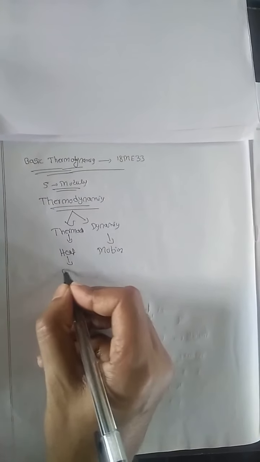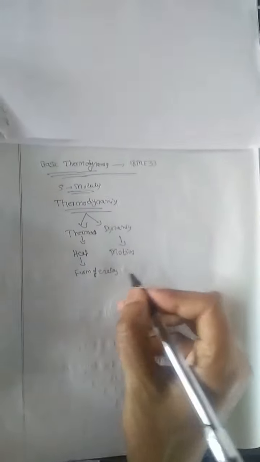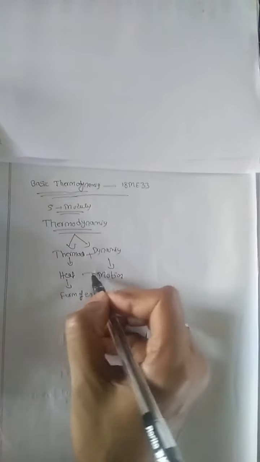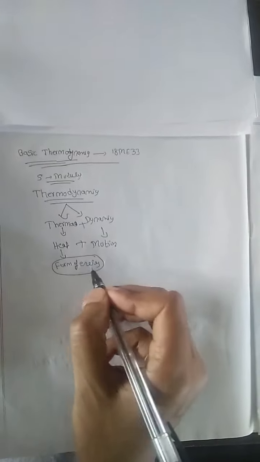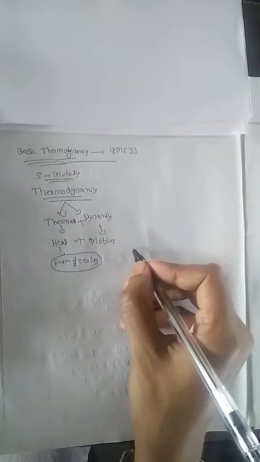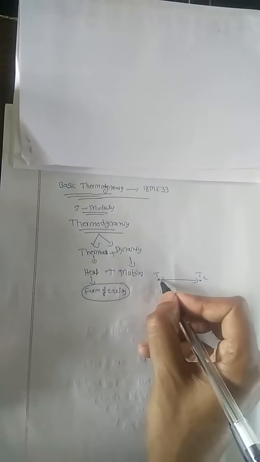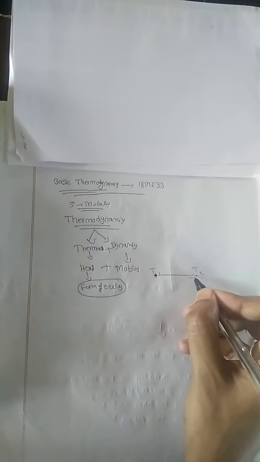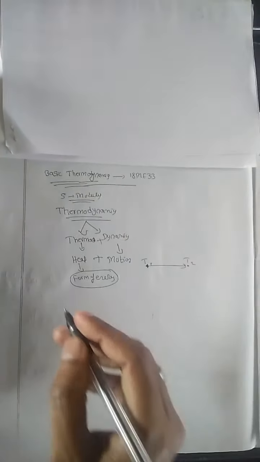Heat is a form of energy. Now we have to add that and understand. Thermodynamics means a form of energy that transfers from one place to another. This is one place and this is another place. Here heat can transfer. How it will transfer, we have to see. T1 means first side, T2 means second side, that is T1 temperature and T2 temperature. You have to study one by one.